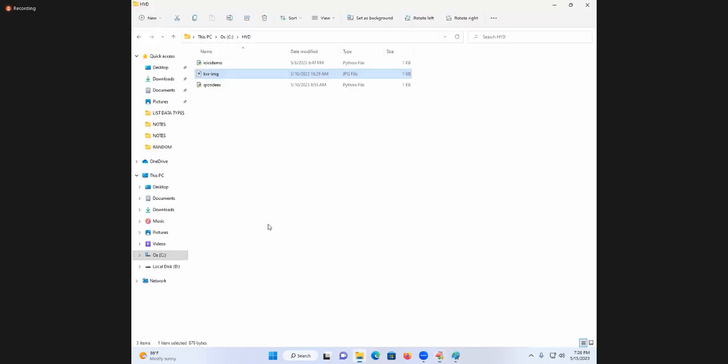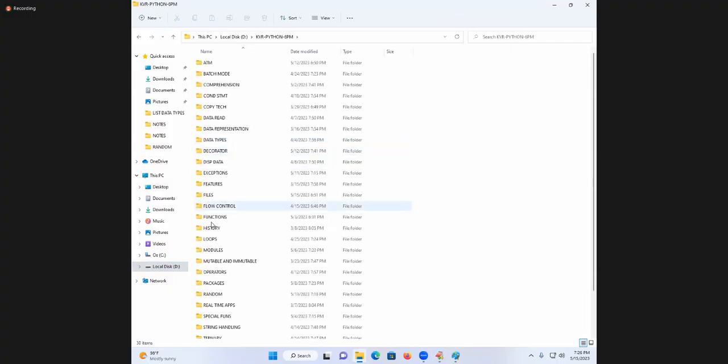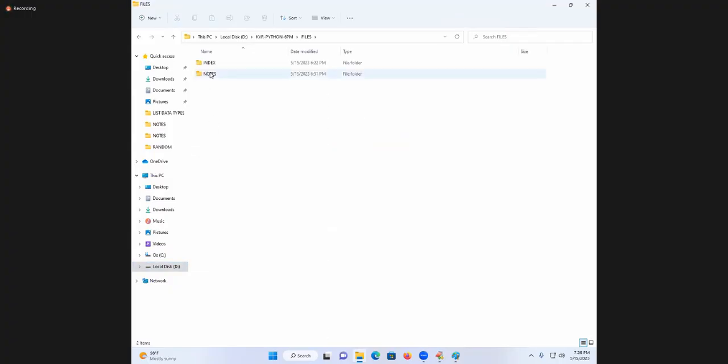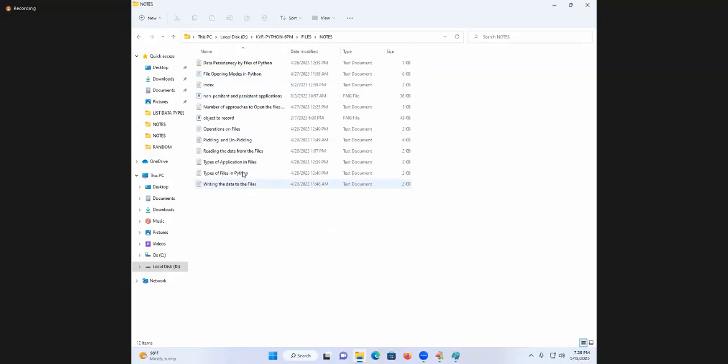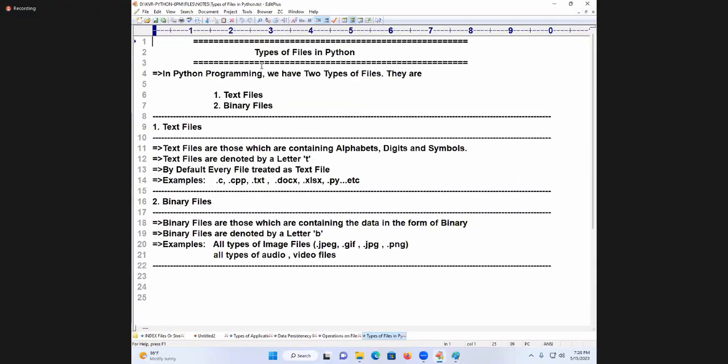Now I am going to open it. Types of files, students. Very, very simple. Types of files in Python. How simple it is. In Python programming, we have two types of files. They are text files and binary files.